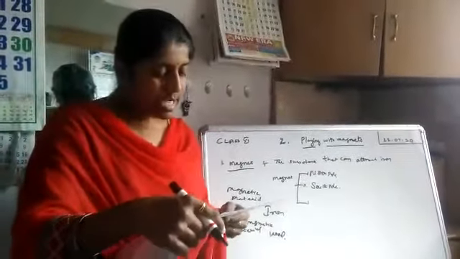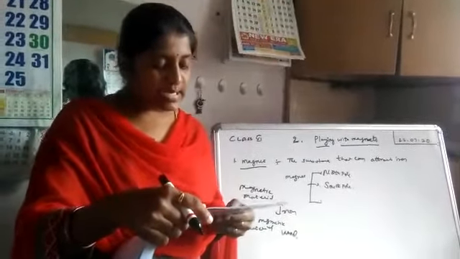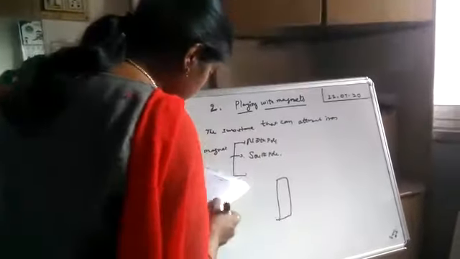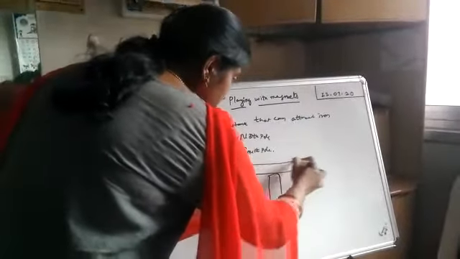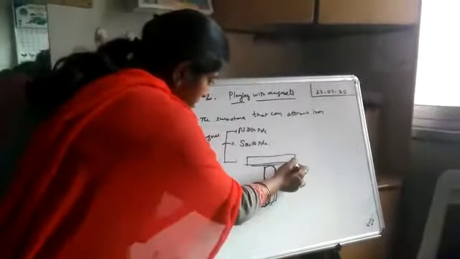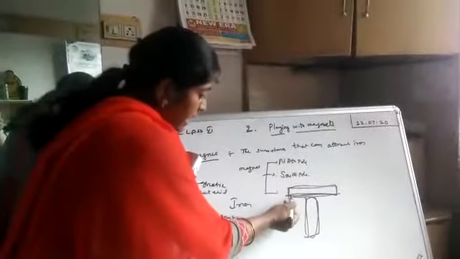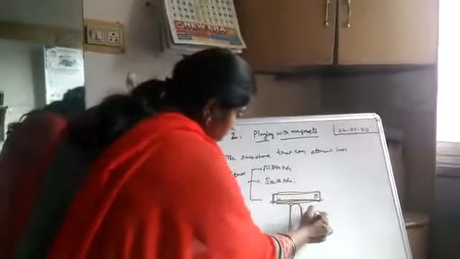See next. A magnetic compass consists of a magnetic needle that always comes to rest in the north-south direction. So what is that north-south means, magnetic compass. Suppose this is a magnetic compass and this is identified with the help of one bar magnet like this. Whenever we keep this magnetic compass, this is the bar magnet, we keep like this. This bar magnet identifies which is the east, which is the west, which is the north, which is the south.